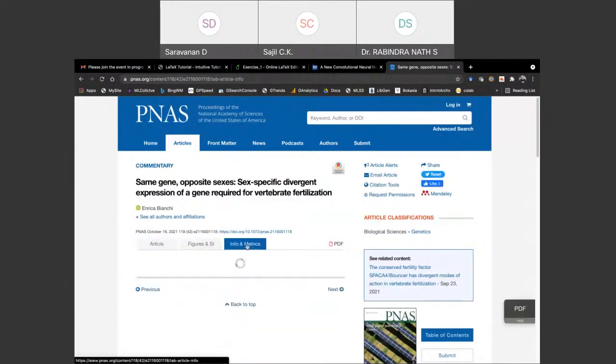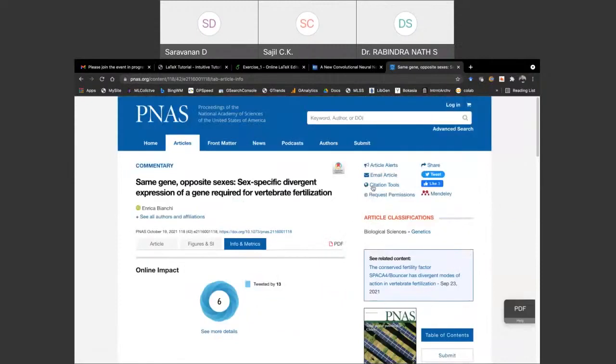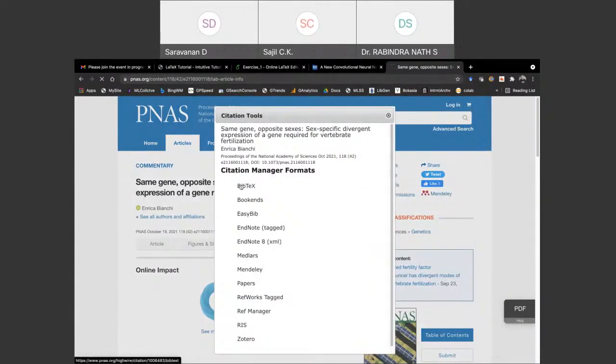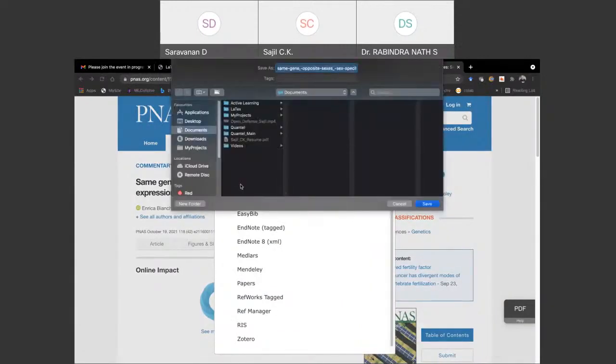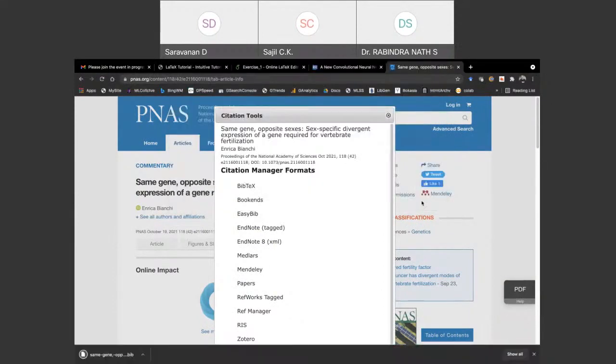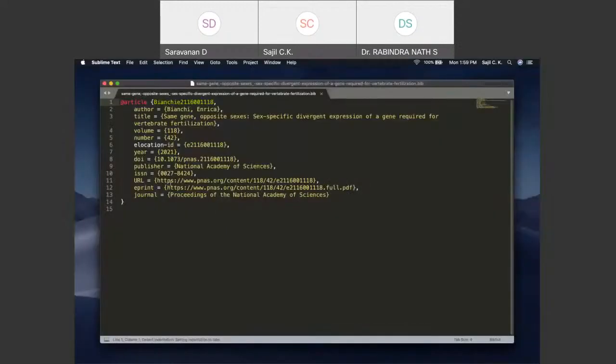So there is an option called info and metrics for citation tools. I think it is citation tools. Let me see that. See, citation manager format, and it is downloaded as a text file. So you need to collect this information. So the right format we need is, so IEEE is down. Okay, maybe, yeah, that may be true. So what I am mentioning is that we need to get the BibTeX information in this format.